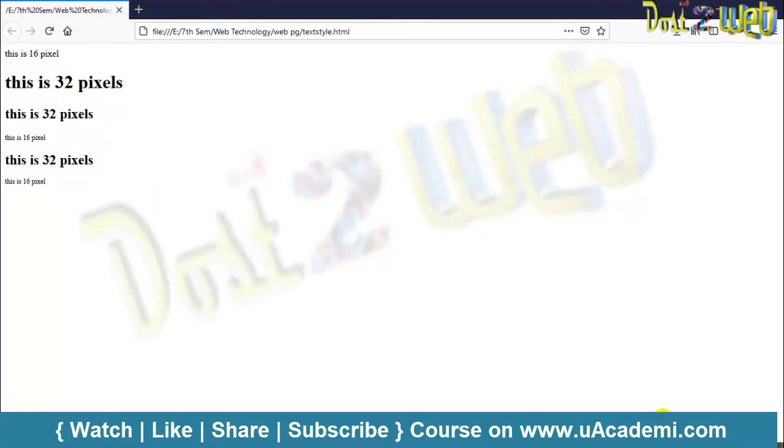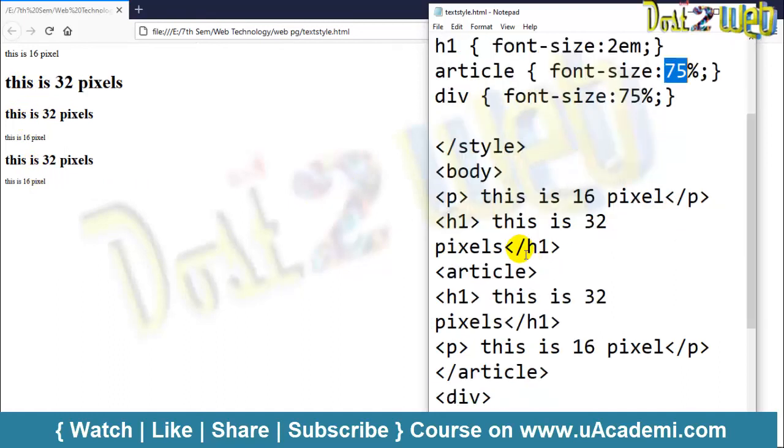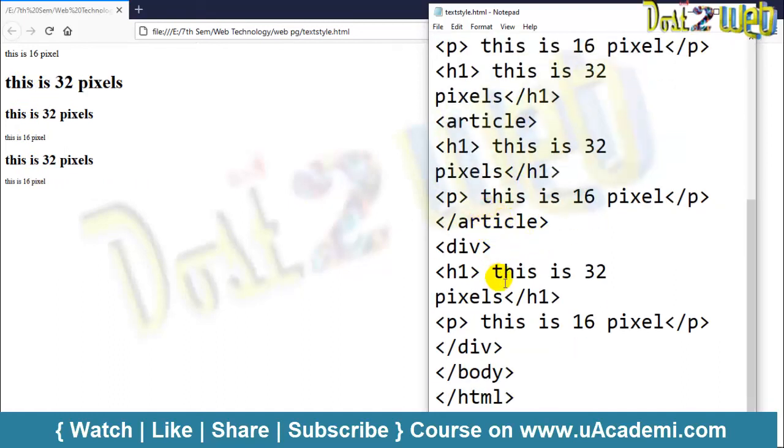You can see here, if you compare with the code on body, that is the complete 100%. Now paragraph, as we mentioned, is generally 16 pixels. So you can see the first one is 16 pixel. This one is now taking a bigger size, that is H1, we always have the bigger, so it will take 200% font size. Now article 75%, you can compare the difference, this is 75%. So the moment you define here accordingly, it always depends on the root, so accordingly the pixel will be defined.